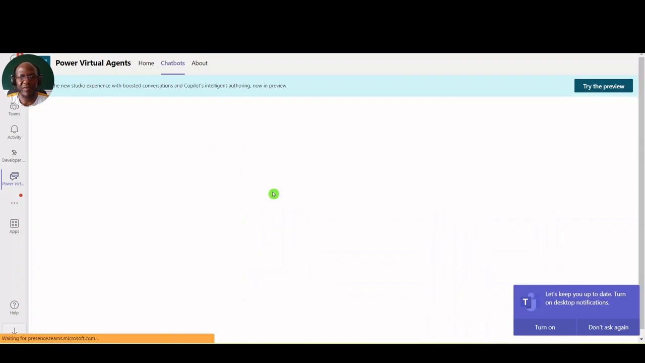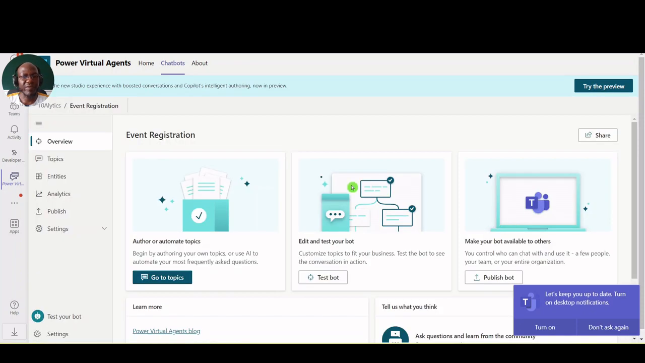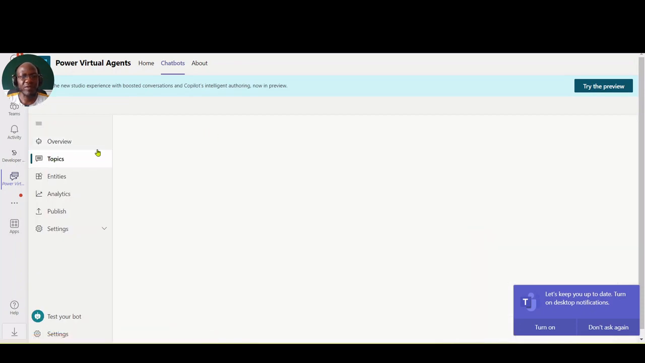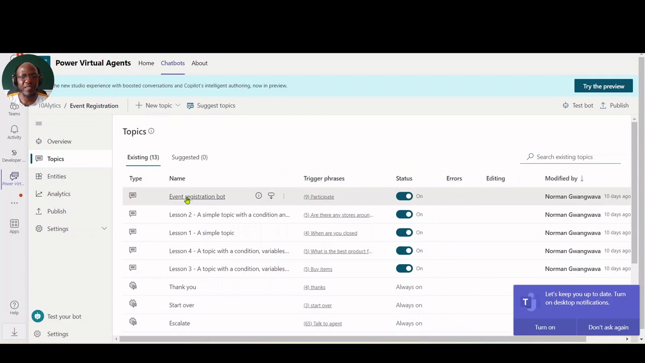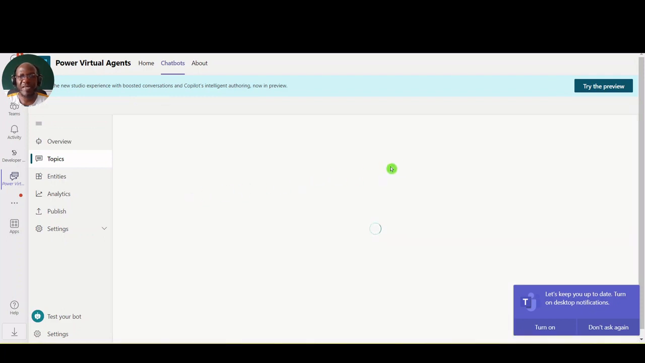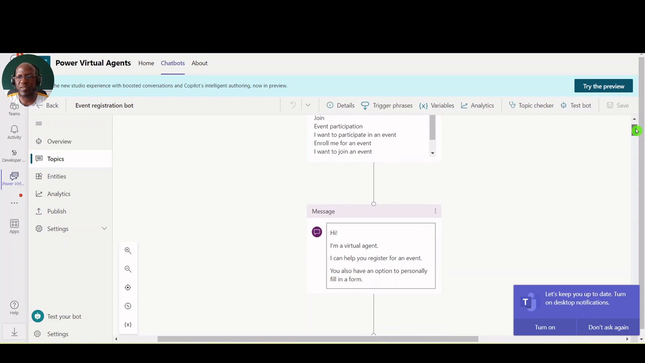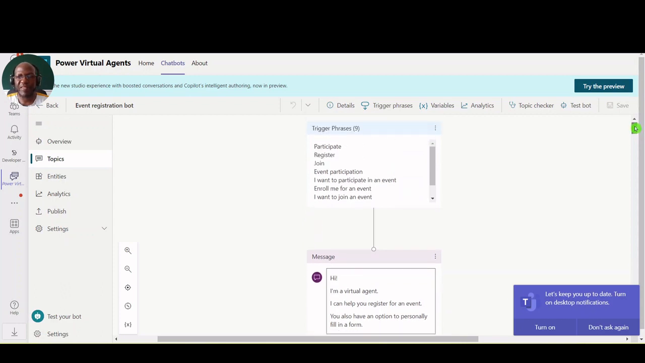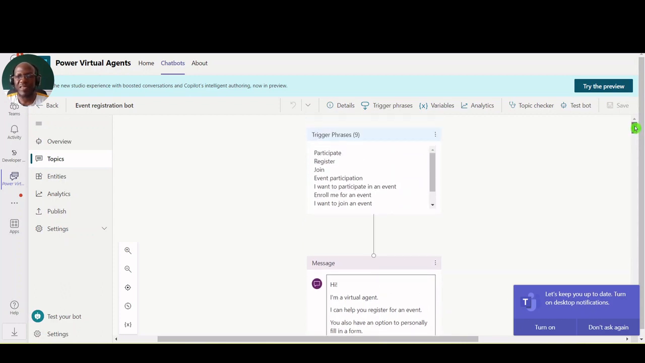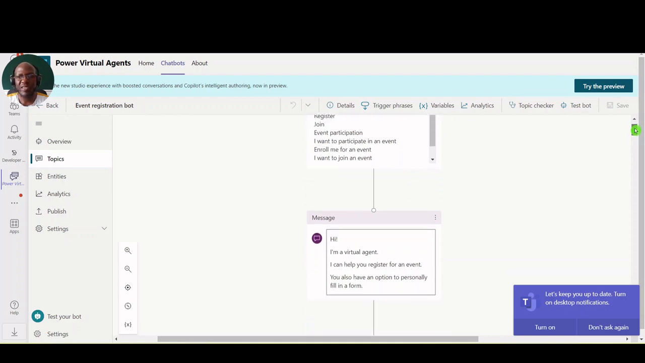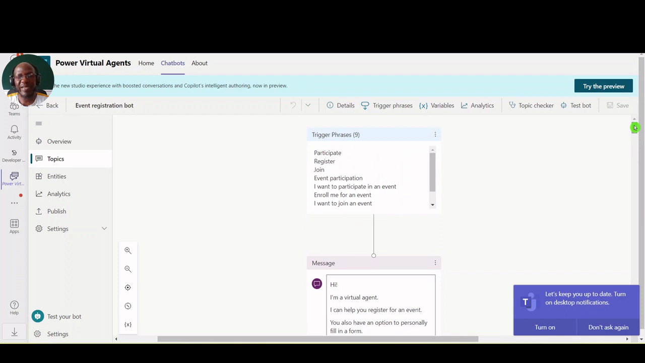So I'll click my chatbot here. So yeah, there we are. It is loaded, and then I go to topics. So I choose the event registration bot topic that I already created. So here I am with the triggers. So these are the trigger phrases associated with the particular activity. That's event registration. A user can enter anything from participate, register, join, and the bot will learn even new phrases